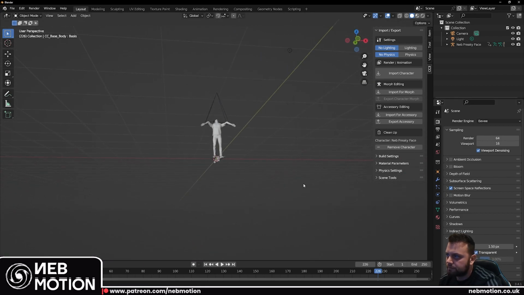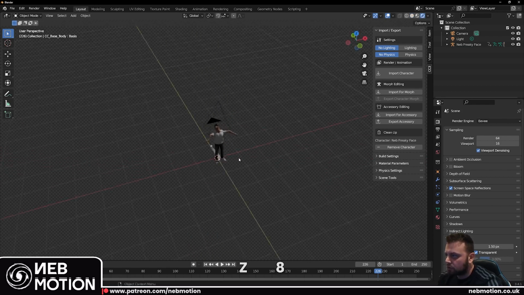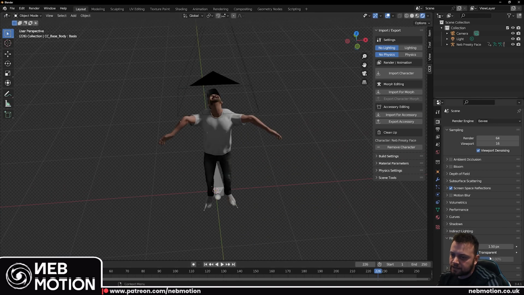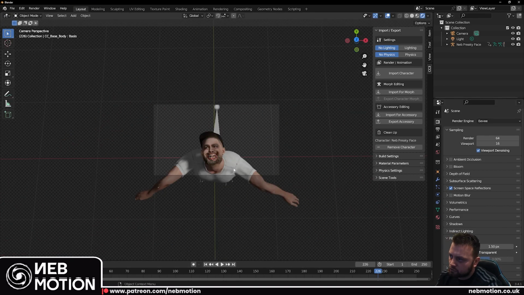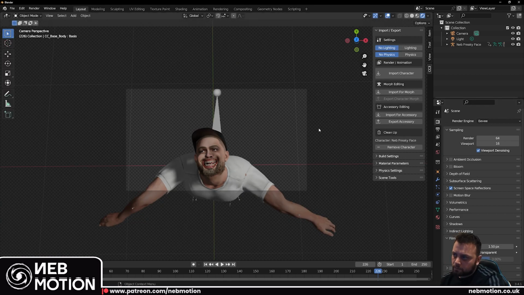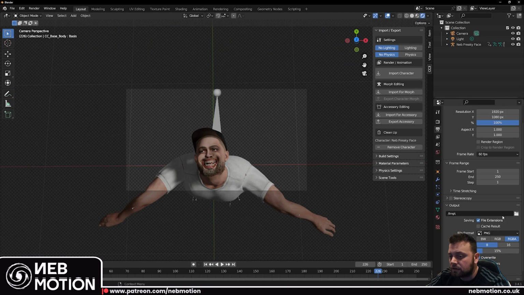If we've done this right, now when we go into render mode, so if you hit Z and then 8, world should have this checkered background, which indicates that you have transparent mode activated. So when that's done, your world should render transparent. So if you have any HDRIs active, they should also render out transparent as far as I'm aware, unless you've done something to specify not to. That should be it. However, it's worth noting that if you're rendering out animations, not all codecs actually contain alpha